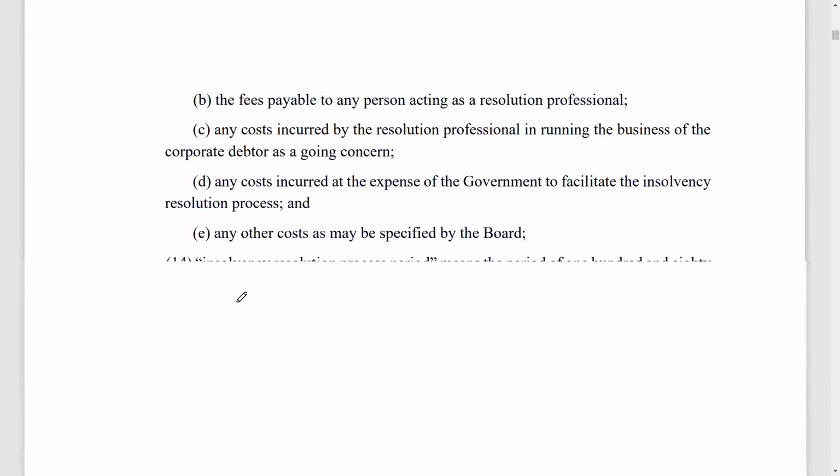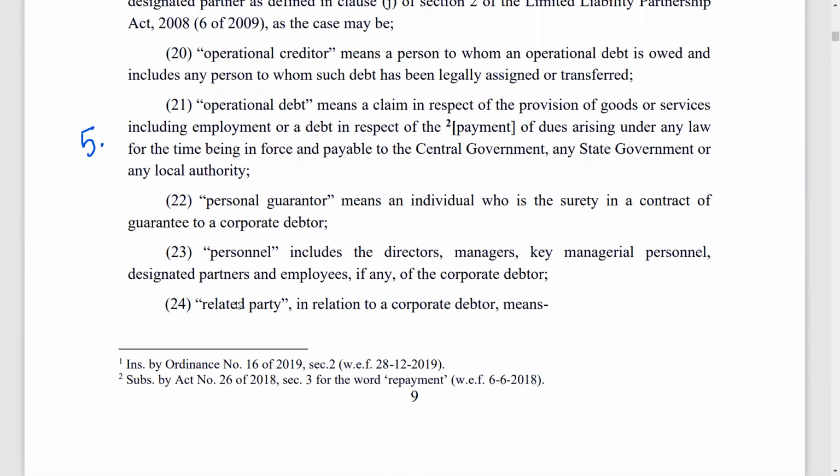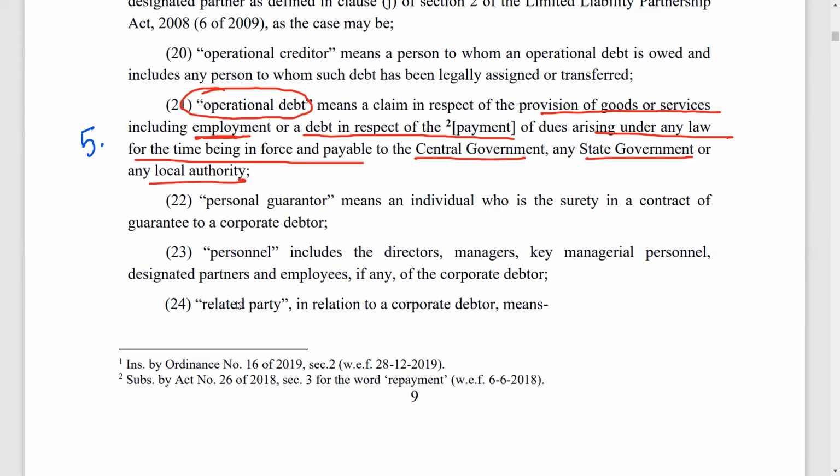Next, you need to see your operational debt. In case you get a question on operational debt, though the chances are very, very less, operational debt means the claim with respect to the provision of goods and services, including employment, which means your outstanding salary and wages, and debt in respect of the payment of dues arising under any law for the time being in force to the government. So all your taxes and duties will be operational debt. So provision of goods and services, your employees' outstanding salary and wages, and the debts which are payable to the government, this is the operational debt,